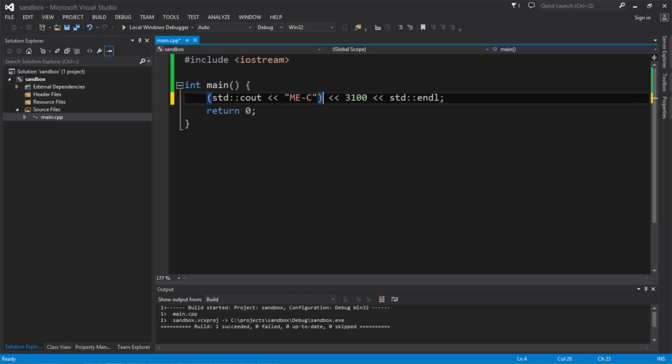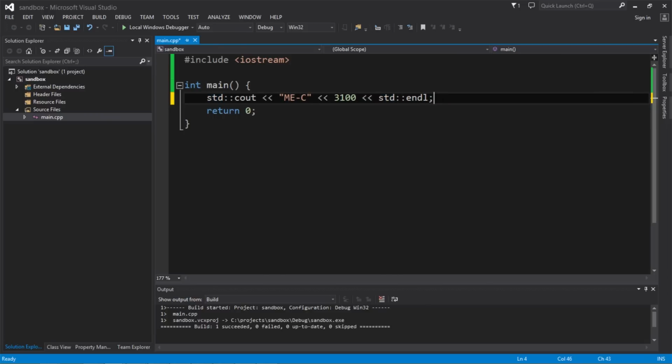So after this piece of string has been pushed into the stream, the value of everything inside the parentheses here is std::cout, and then the next piece of data gets pushed in, and so on and so forth. I'll remove the parentheses,